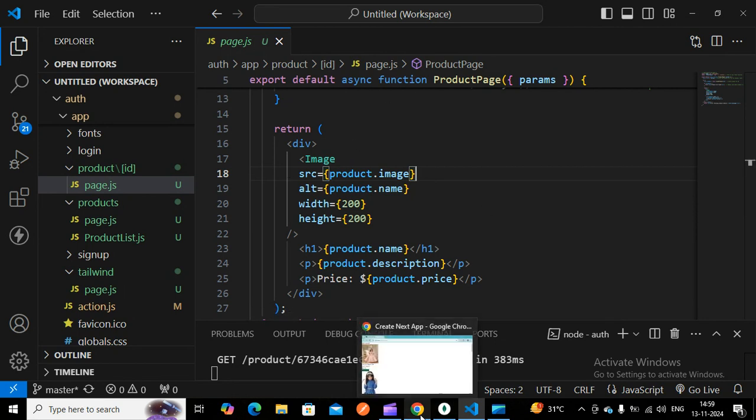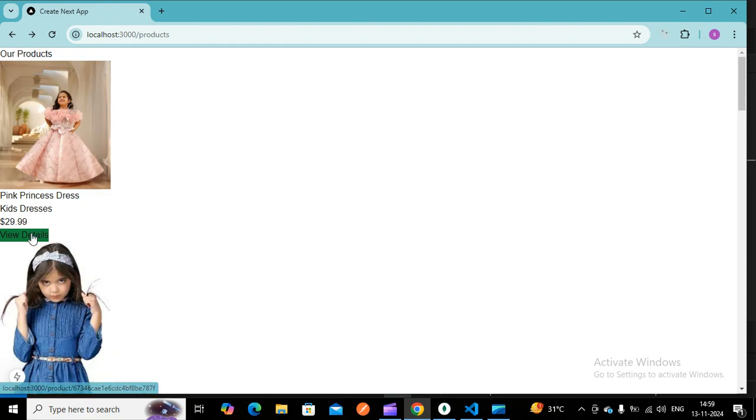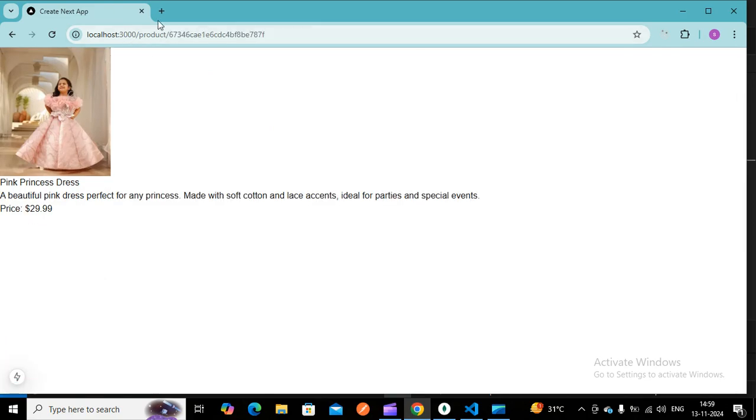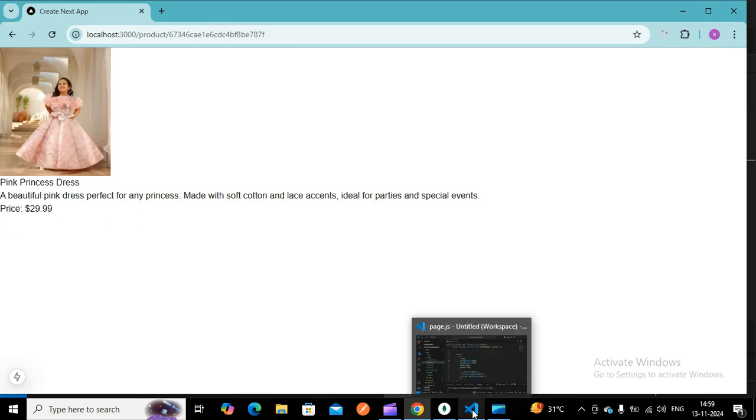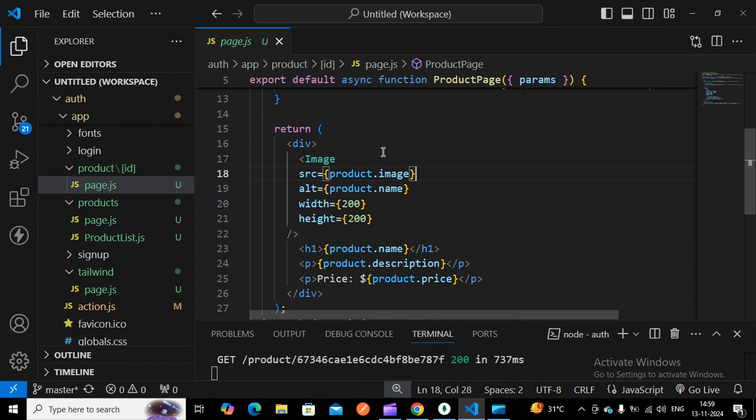So go to the browser. Once I click this, it goes to that particular product with the id which we have passed in the params. So I'm getting this particular image, the name, the description and the price, which we have declared like this.